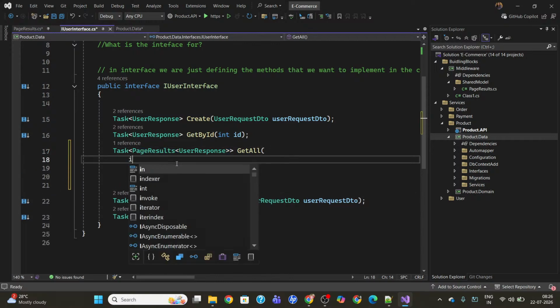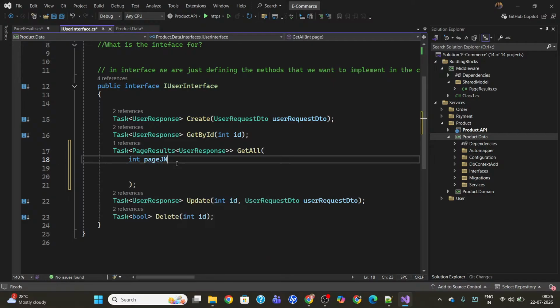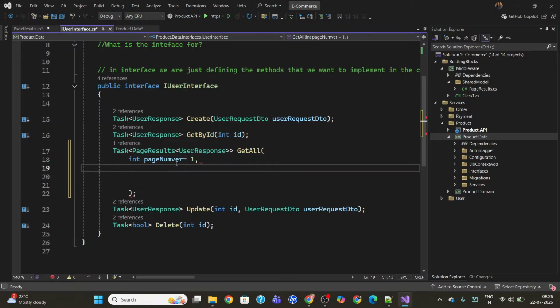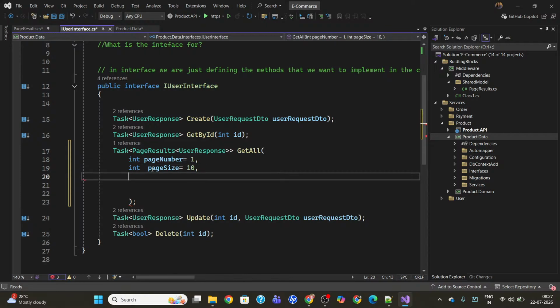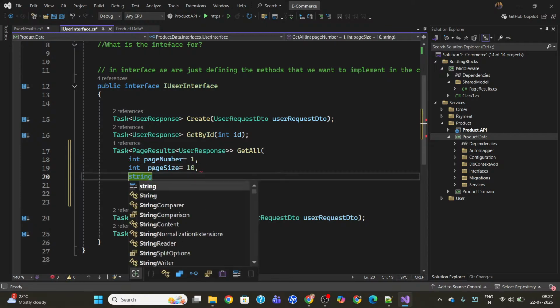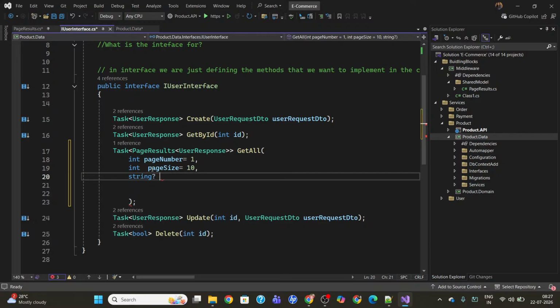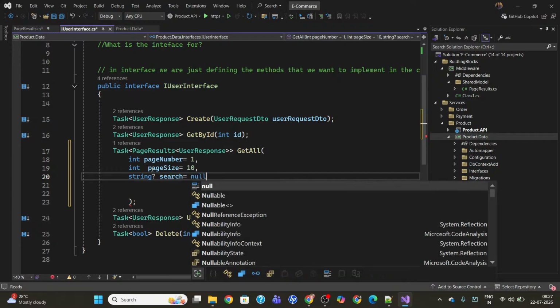So to implement this, firstly we need page number is equal to 1, and then comma, and number, page size is equal to, by default we can set 10, and then string search is equal to null,